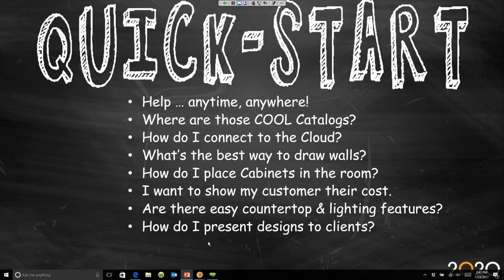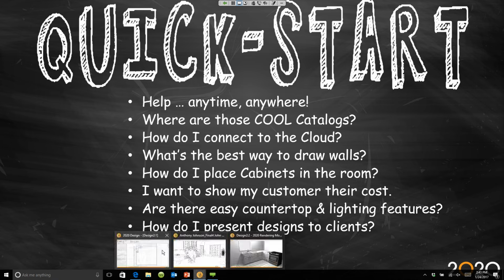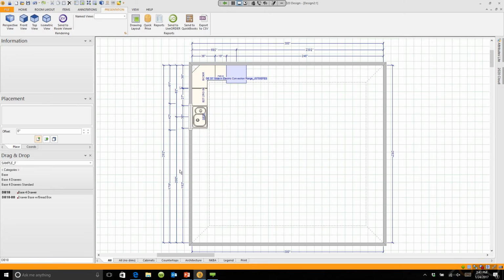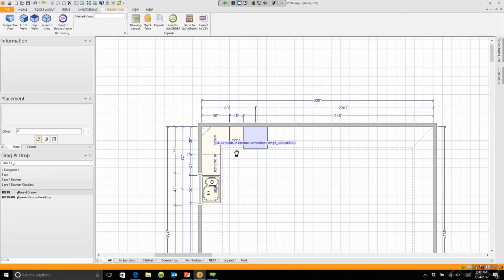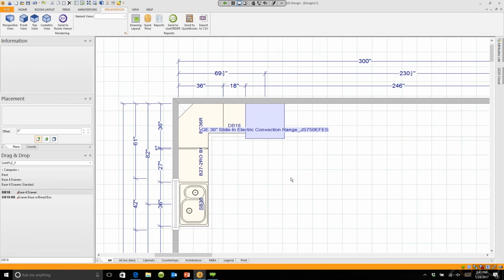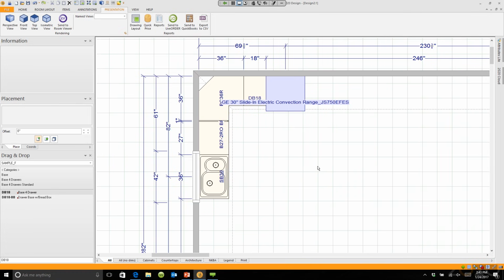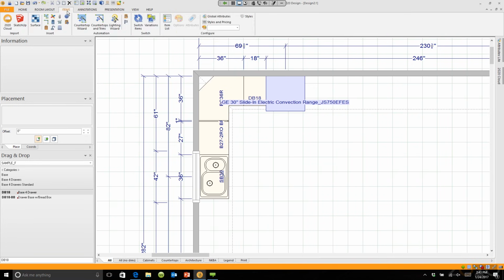So let's go back to our perspective. Back to the floor plan. And the first thing I'm going to do is I'm going to put a countertop on this particular kitchen, all right? Then I'm going to switch to my existing kitchen and talk a little bit more about lighting. So if you want to add countertops, I would go to Items, and I would always use a feature called